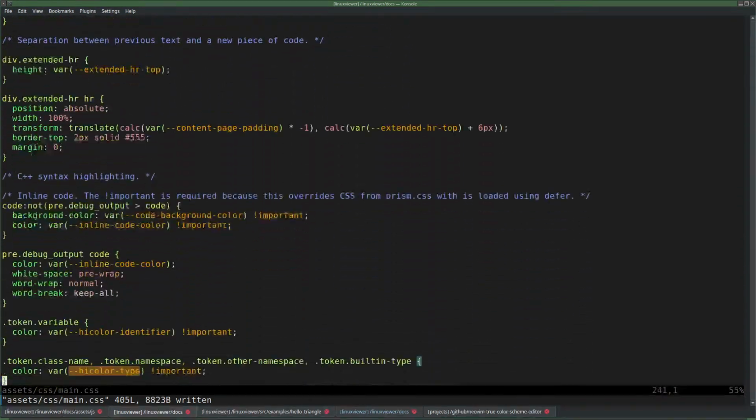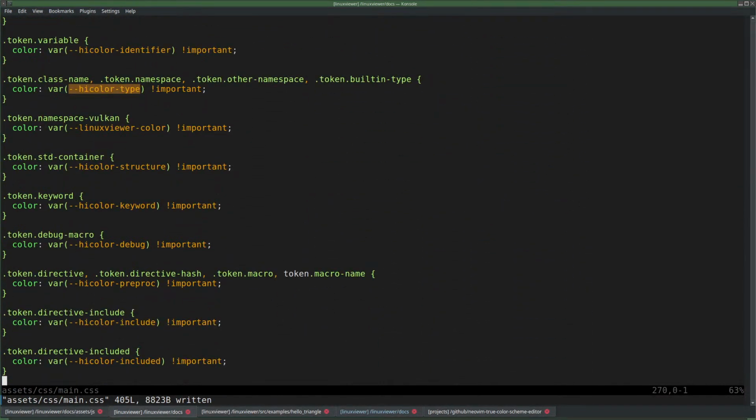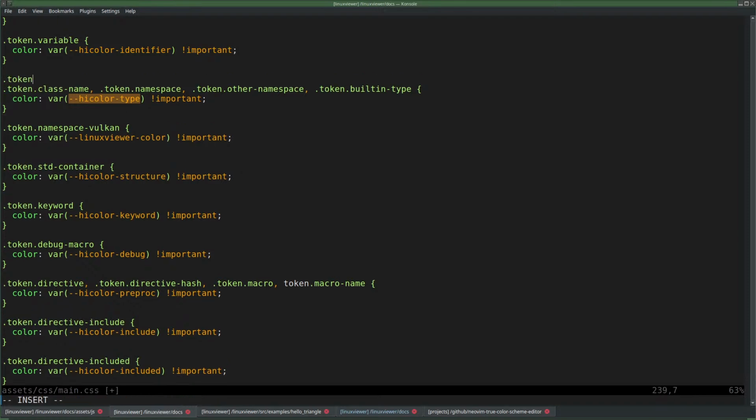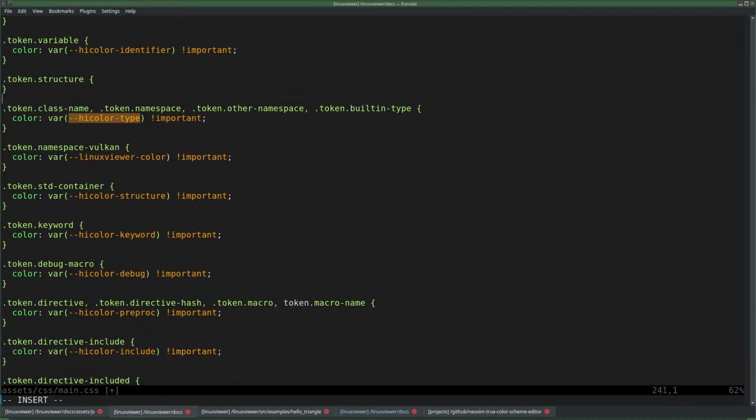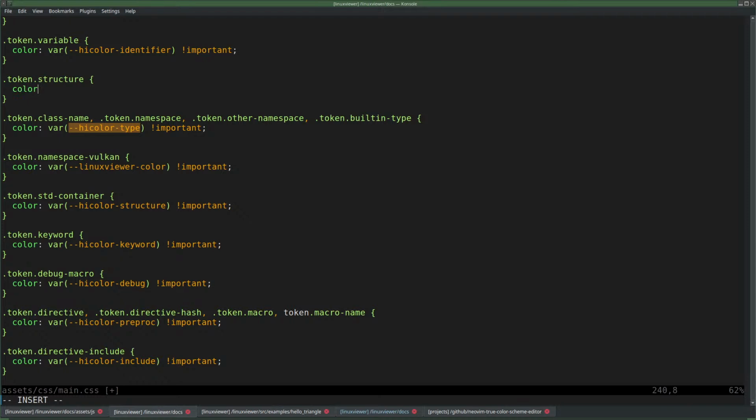That's my syntax stuff. Yeah. Just put it here. Dot token dot structure color var. Yeah, and then I have to define structure,